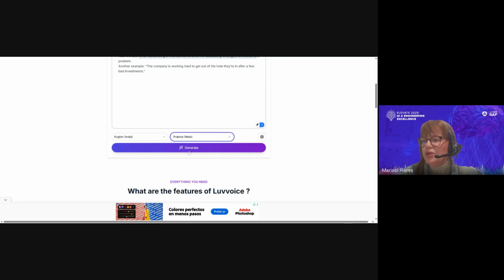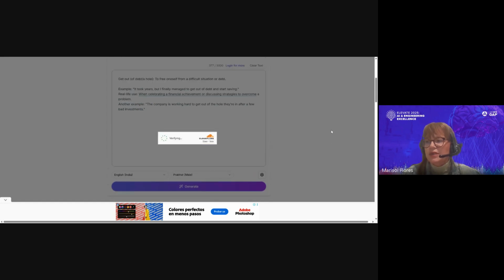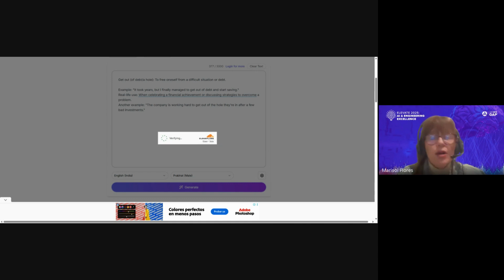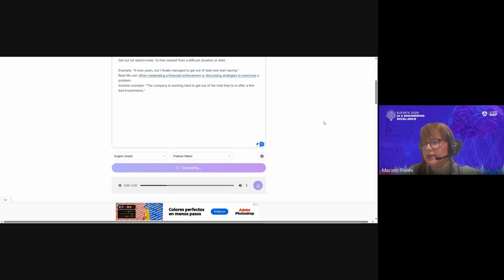And then you generate. It doesn't take long to generate, especially this one is really short, but you can paste articles which are longer and anything that you want. There's no limit on that. Now I've created it. Get out of debt, a whole to free oneself from a difficult situation or debt.